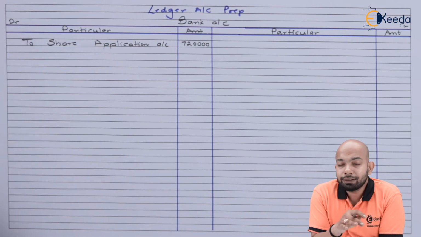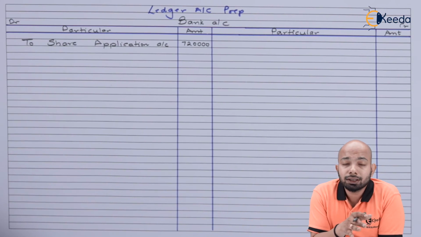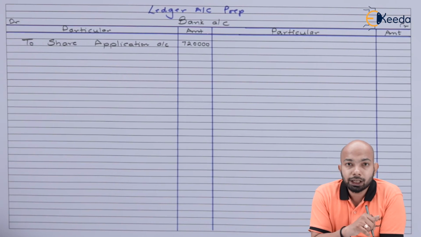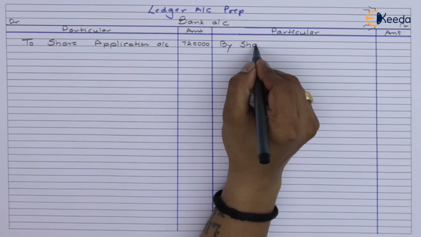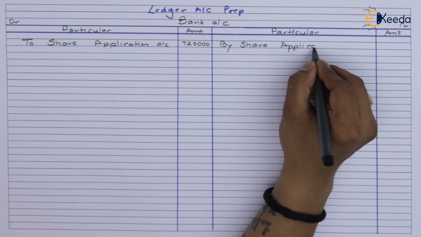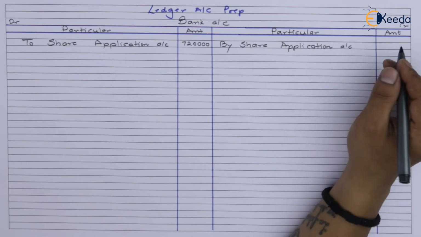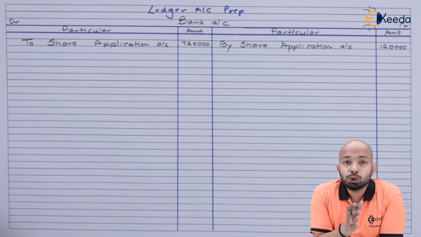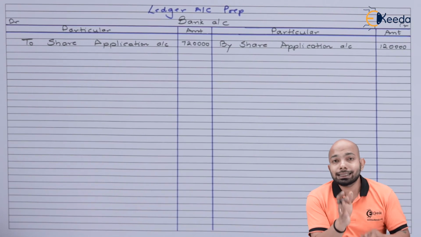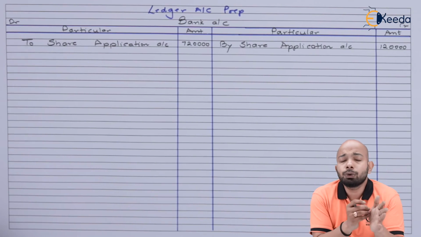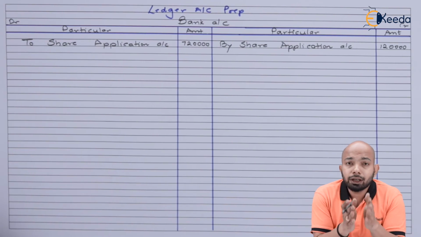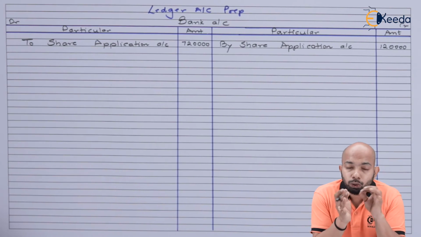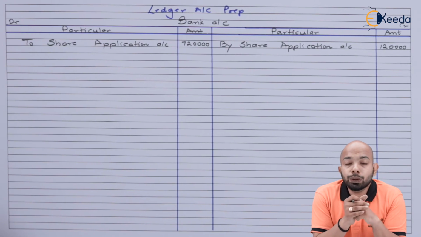After the receipt of application money, we refunded certain money. So that will also be taken into consideration. That entry was share application to bank. So on the credit side of bank, you'll mention by share application account. Now, after this, we are only supposed to record the entries discussing receipt of allotment money, receipt of first call, receipt of final call, and wherever the reissue entry has been made. Only in those entries we know that the bank account was debited. So only that amount will be mentioned here. Now let's go with allotment receipt.